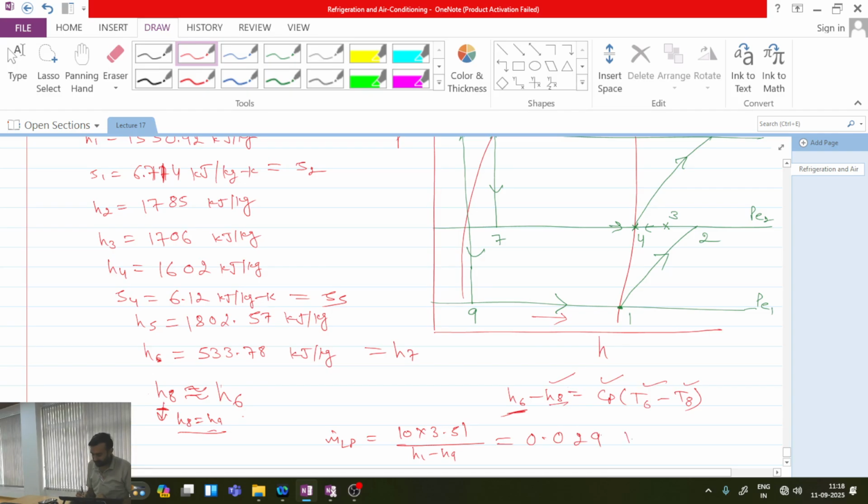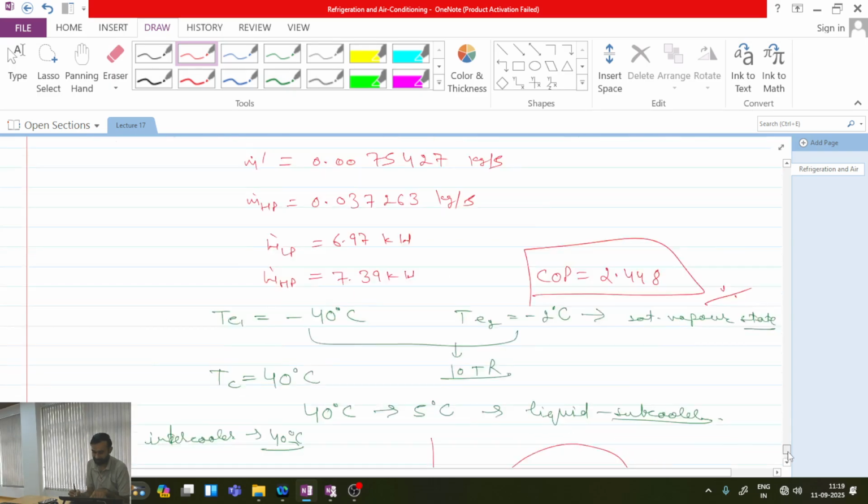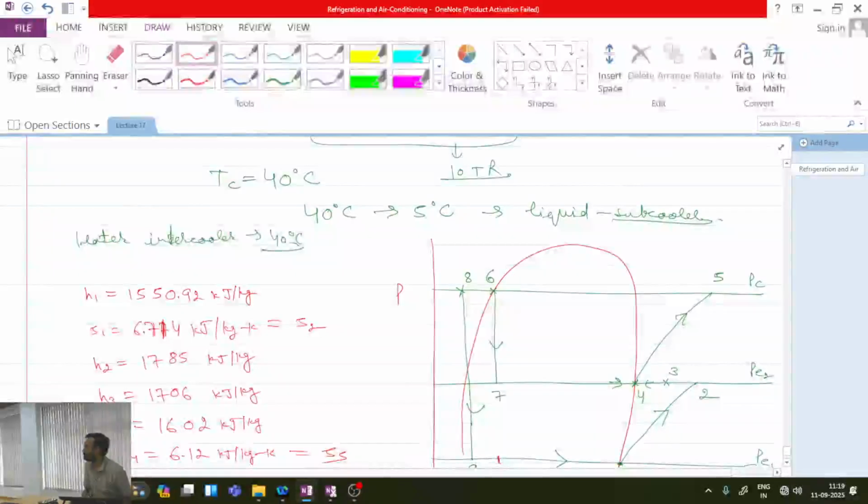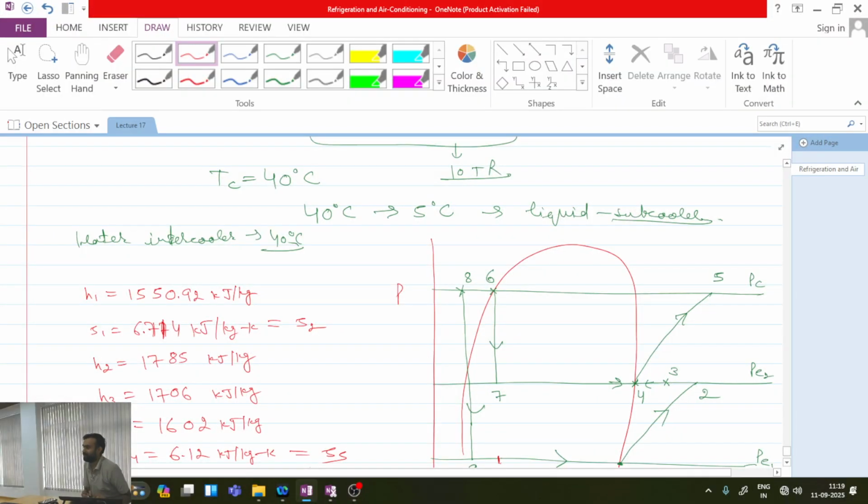Have you got the reason why your answer is different? Because this H9, I have considered up to this only. What I did? I made H6 equal to H8 equal to H9. Okay, so I have come to this point. So this denominator value has actually decreased. That's why your final answer is